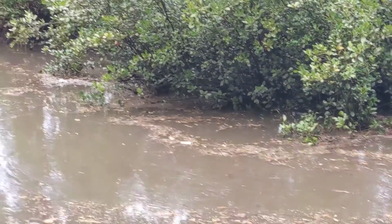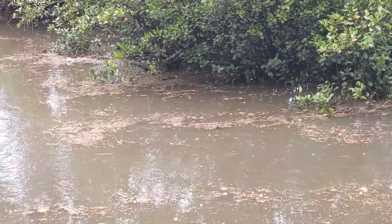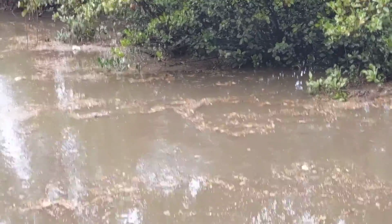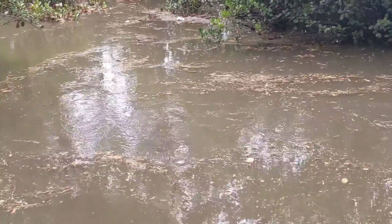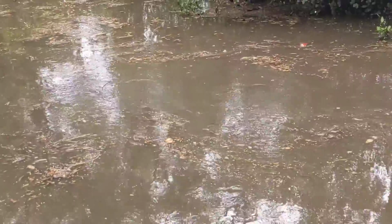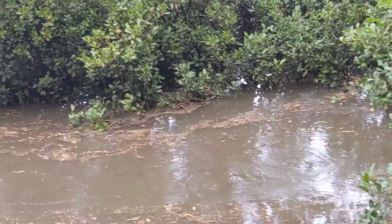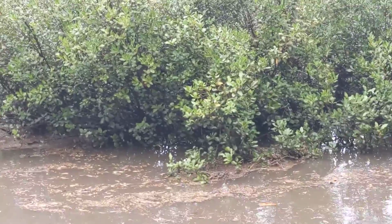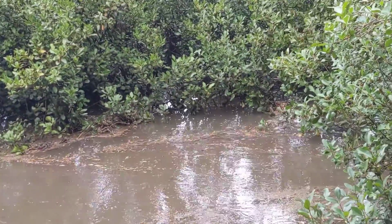There's some pretty easy solutions to stopping this. One is filtering the drains. But that just gets ignored there. If you Google drain filtering and see the amount of plastics that some countries, and some areas of Australia, actually filter, you'd be astounded. You can see it just keeps coming down. Just bottles, plastic cups, plastic everything. It just keeps coming and coming. And this stuff could have been filtered, but